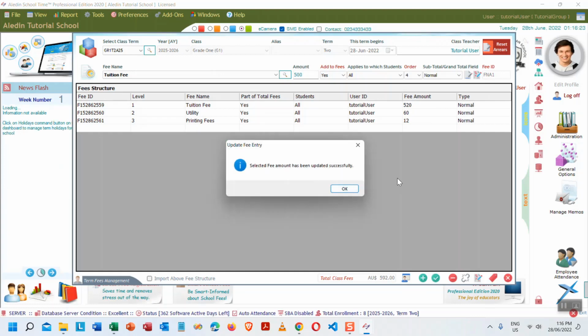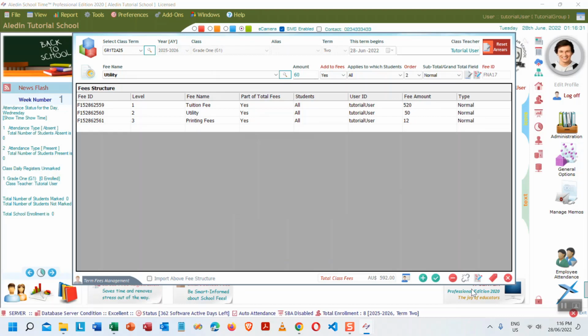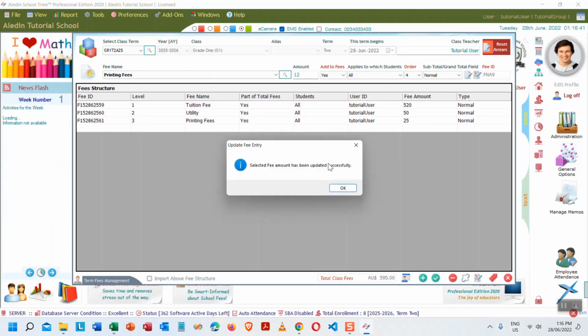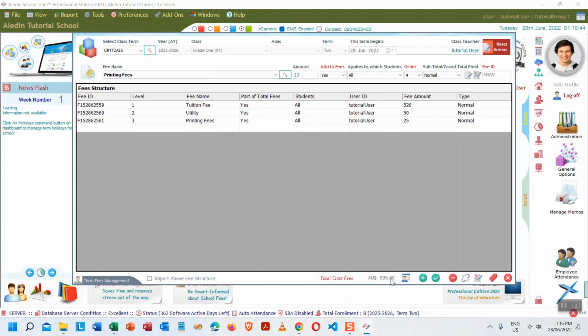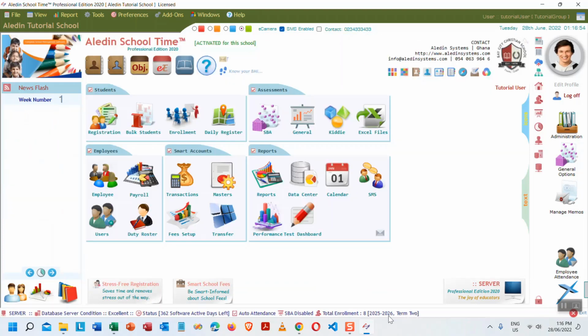Okay, you go to here, and then you want to make it like 50. You can update it here. Yeah, and then here you want to make it like 25. So you can update it here. Okay, so 595, the Aussie dollars, you know. So that is it. Okay, so after this, as you are in term 2, then you run your bills, you